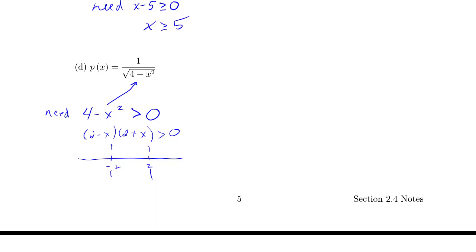And if you figured out the pluses and minuses here, you would find that when you're on this side of negative 2, it's going to be negative. This side is going to be in the middle there, positive, and this side is going to be negative. And since we wanted this region in here, this is going to mean that we want to be between negative 2 and 2. So in fact, our domain